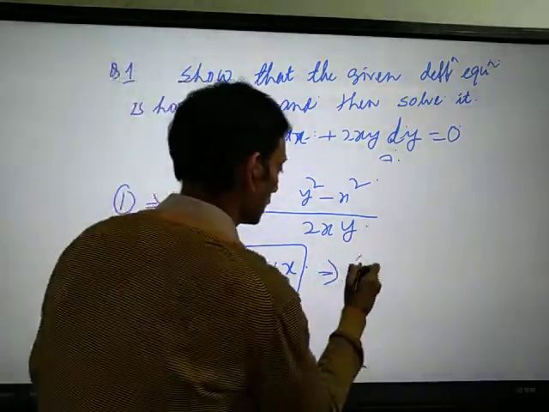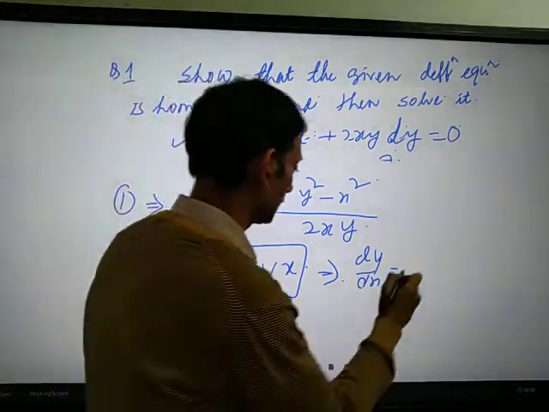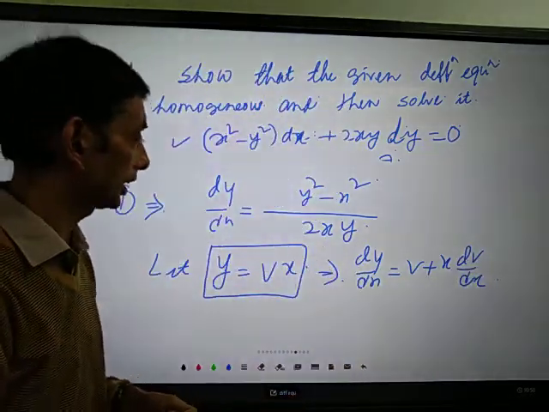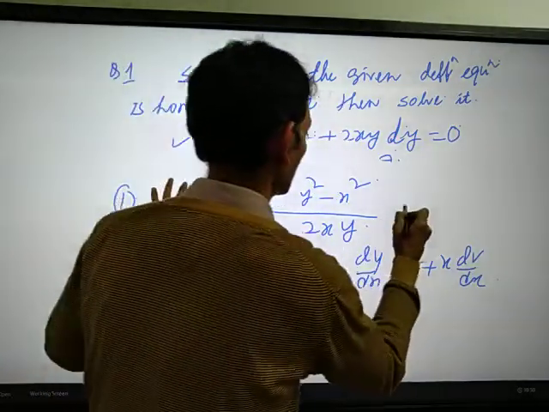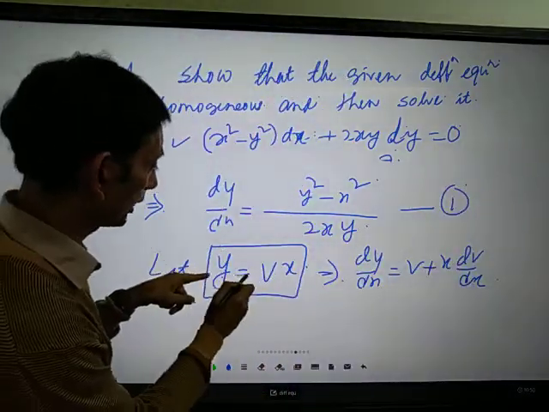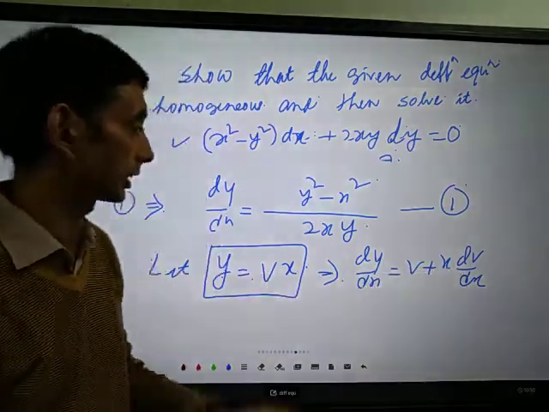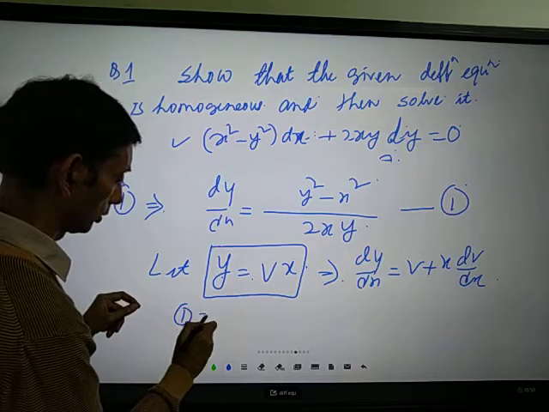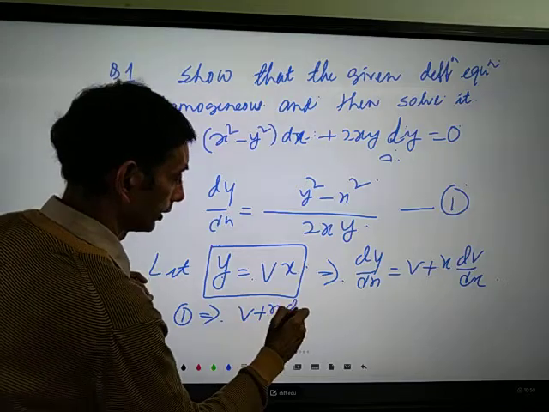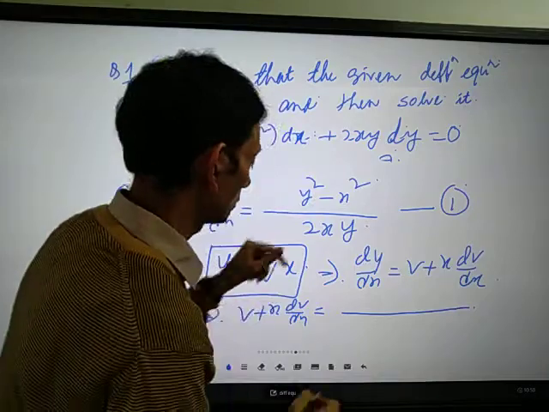If you differentiate y with respect to x, dy by dx is v plus x dv by dx. Let me mark this as equation 1. So what's the substitution? y equals vx, and dy by dx is equal to v plus x dv by dx. So in equation 1, in place of dy by dx, you write v plus x dv by dx, equal to twice x,